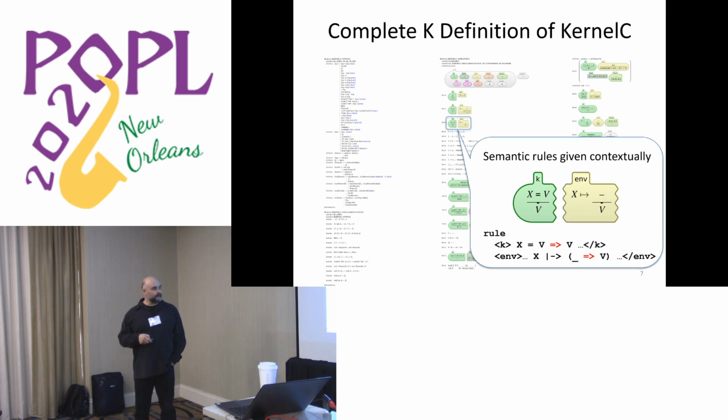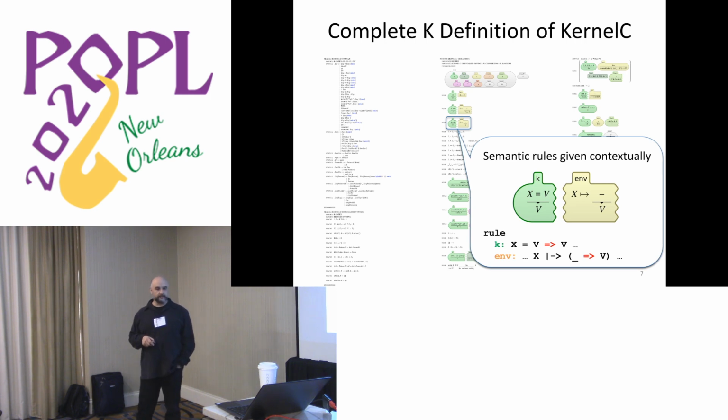Many complain, why did you pick this XML-like notation? It's so ugly. Well, you need some notation for cells. So now I experiment with different syntaxes. And you can actually define your own syntax now, even for K. And what K does, it takes the syntax of your programming language and its own syntax and mixes them, and generates a parser that will then be used to parse the rules and semantic components and programs and everything. And you may have ambiguity, so there are lots of things under the hood, which I'm not going to get into.